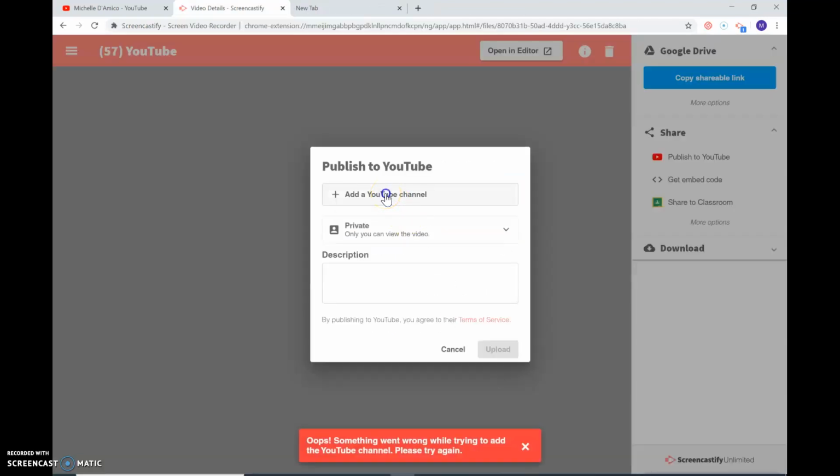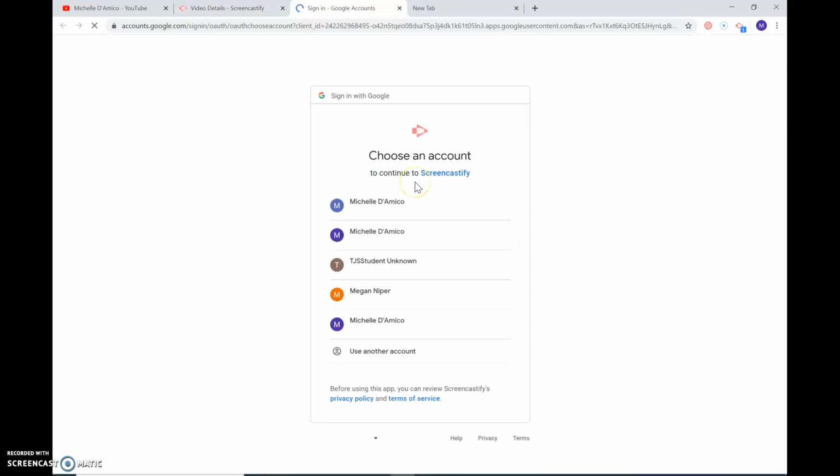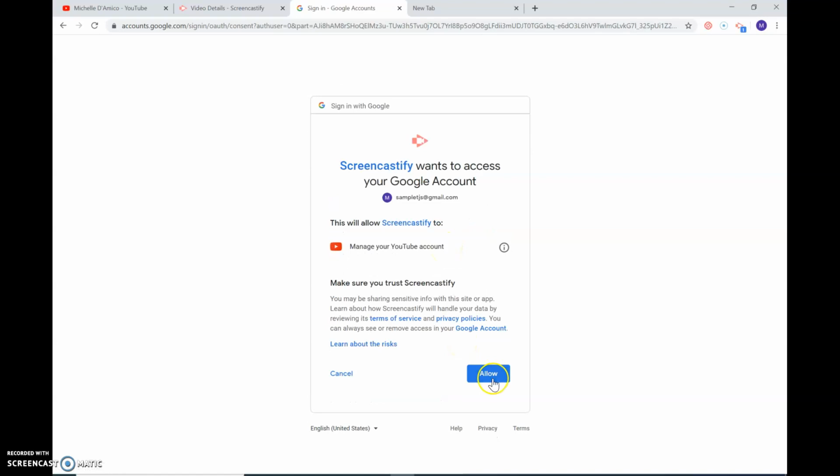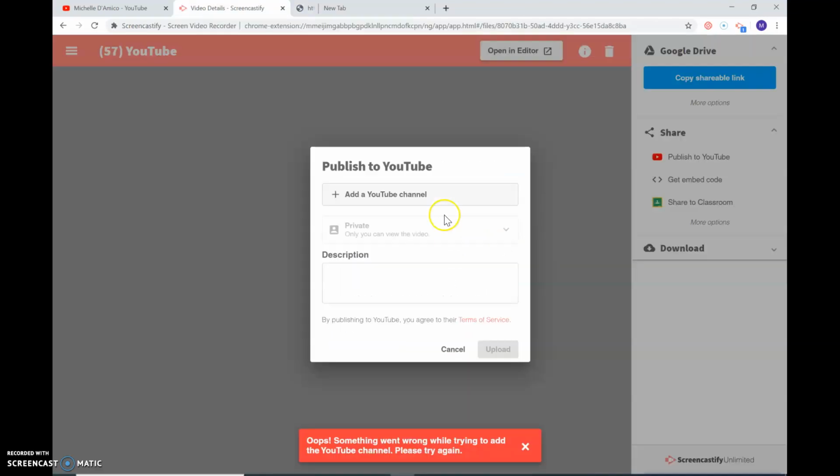Now, keep in mind that sometimes this has been happening. There's a glitch with Screencastify over the past couple of days. There's also an overload. So I'm just going to try it again. Okay, so for some reason it's not working, so I'm gonna